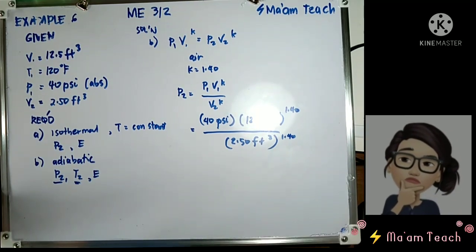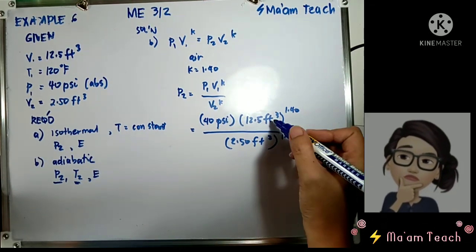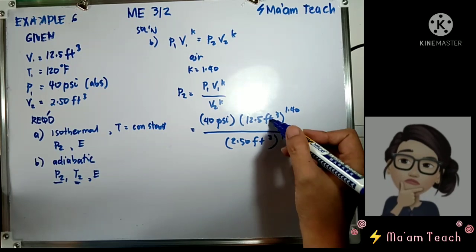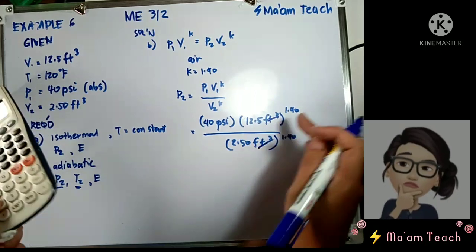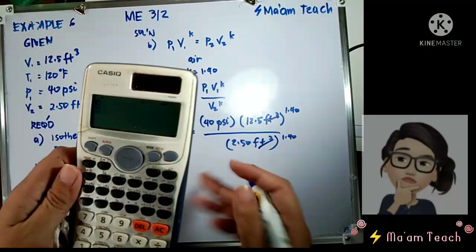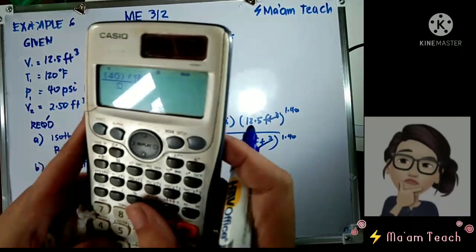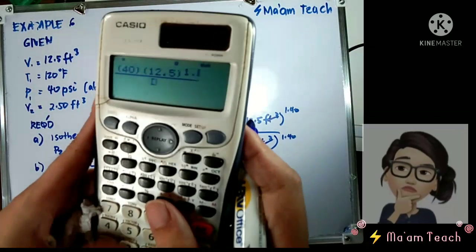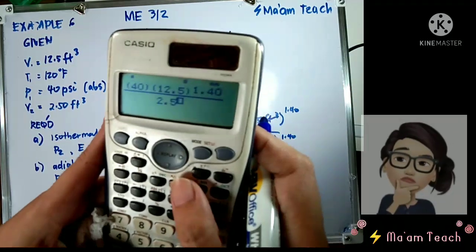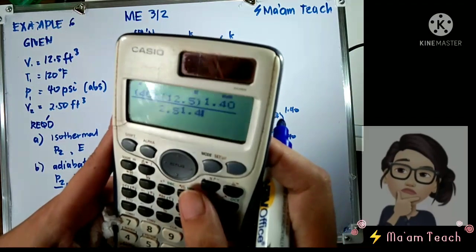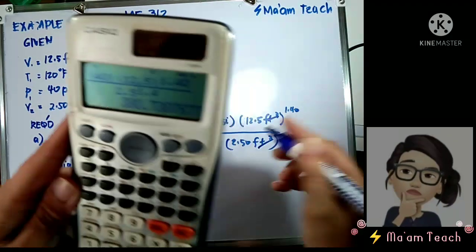Okay, class? Now, take note that we don't have to convert in this case. Why? Because this will be cancelled out. All you have to do is raise this 12.5 to 1.40 and the same with your 2.50. So we have 40 times 12.5 raised to 1.40, divided by 2.50 raised to 1.40. From that you'll have the value